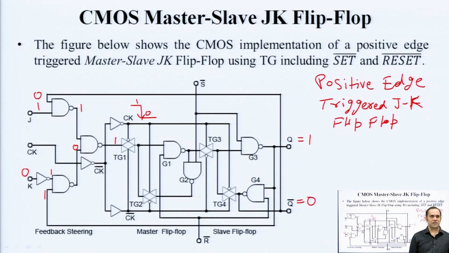And since master and slave are complementary, the master stage should be negative edge triggered. So, at negative edge, when clock goes from 1 to 0, this PMOS is on, this NMOS is on. See, there is a buffer here, there is an inverter here. This is not an inverter, this is a buffer here, here is an inverter. Okay. So, at this point at negative edge, this 1 is propagated through. Okay. And we are assuming that set reset are inactive, neither set is active, neither reset is active, okay, because